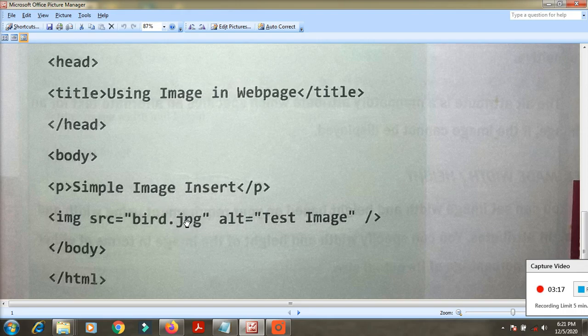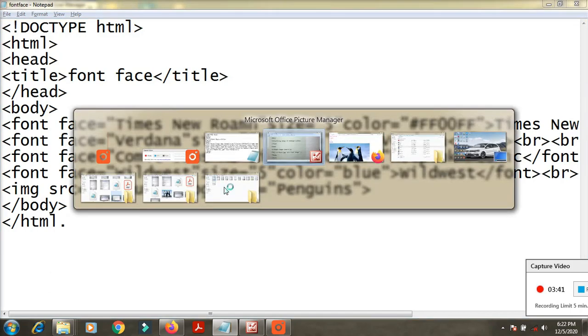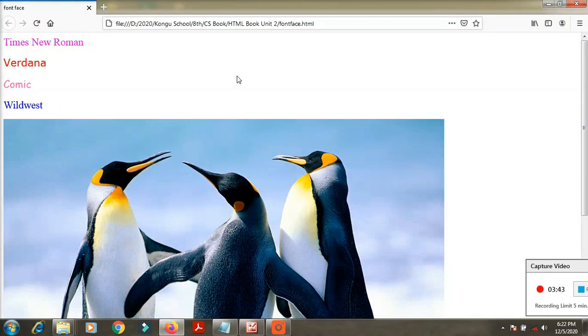Here ALT equal to text is mentioned. I enter a space, ALT equal to, then double quotation, penguins. I mentioned penguins here. I saved the document, went to the browser again and refreshed.